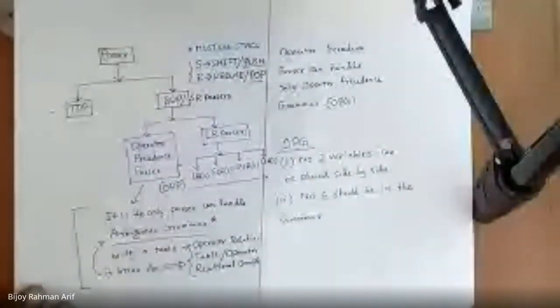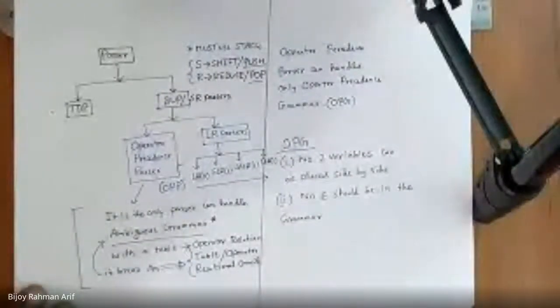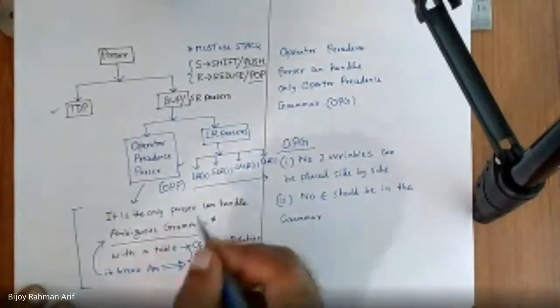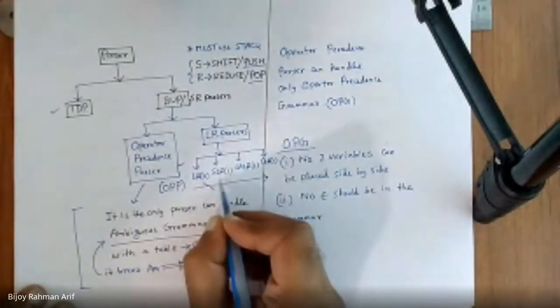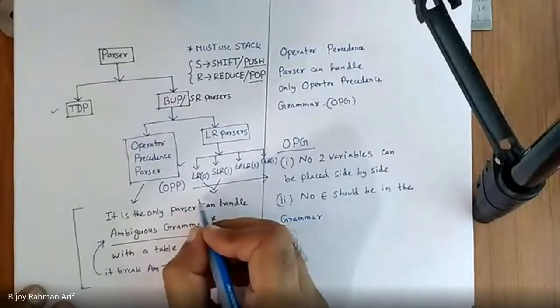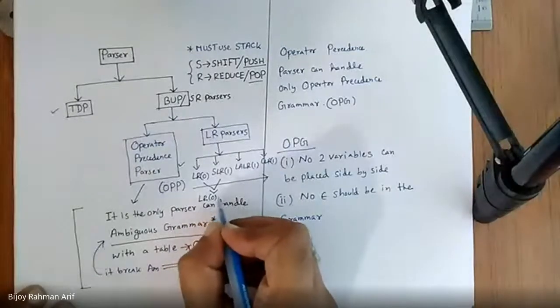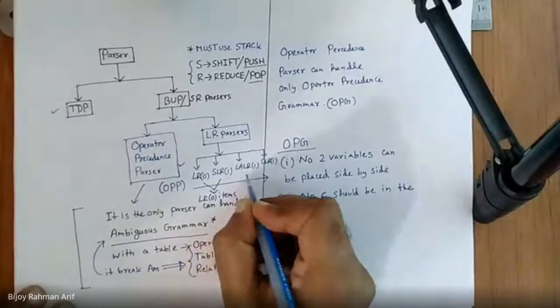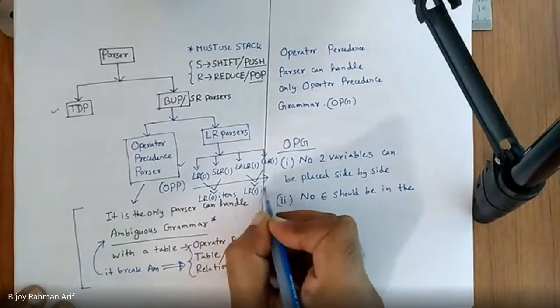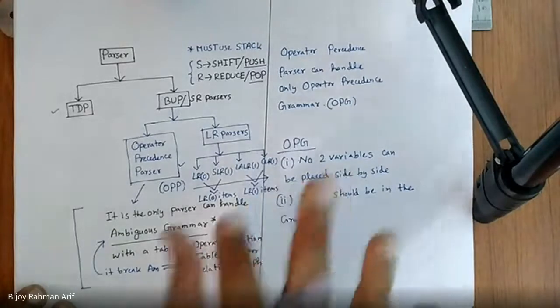You can create CLR2, CLR3, CLR4, it becomes more powerful, but you do not come out from the genre. The genre is safe. So remember this. Another thing you need to remember is that all these parsers use a special type of technique which is called closure and goto. Based on closure and goto operations, we use LR0 items for the first two parsers, LR0 and SLR1, and LR1 items for the last two. So that's the brief overview of what will come next.